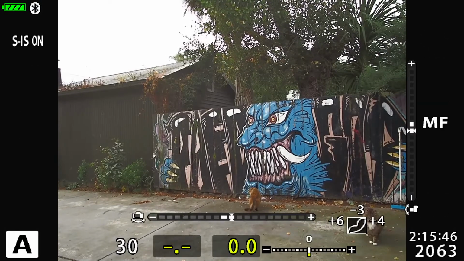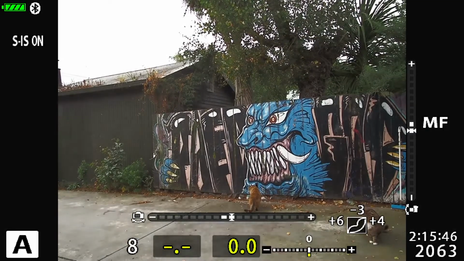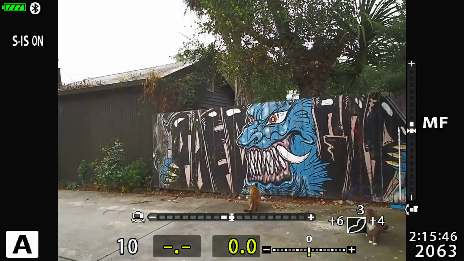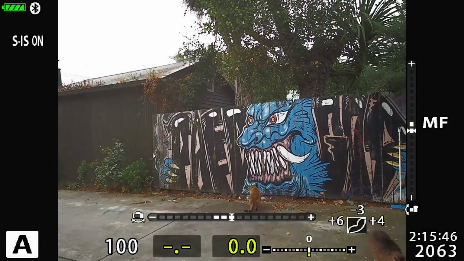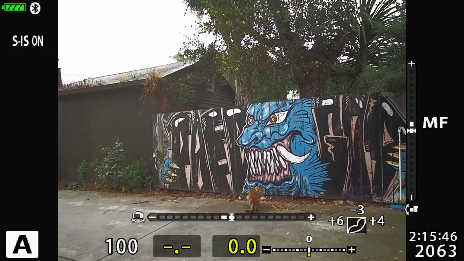Aperture priority, again, because I'm using a full manual focus lens, I'm actually controlling the aperture from the lens itself. But you can see how much the shutter changes when I'm adjusting the aperture. Lastly is program mode, which